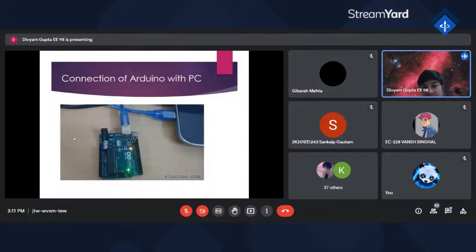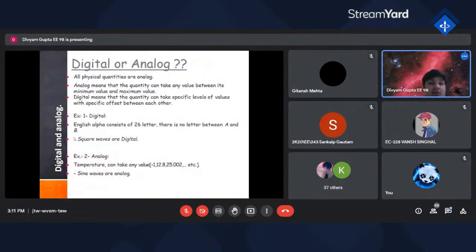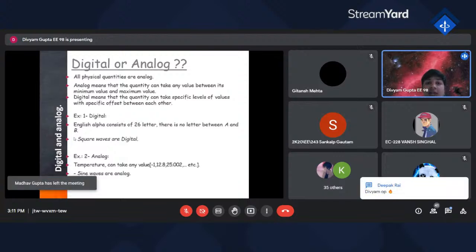As you can see in the figure, we can connect the Arduino to our laptop, and the LED is blinking. That means it is working correctly. And now, basically, what is digital or what is analog? Digital is basically which can take only discrete quantities, like 0, 1, 2, 3. But analog can take any values, like 12.8, 25.002, any random value.